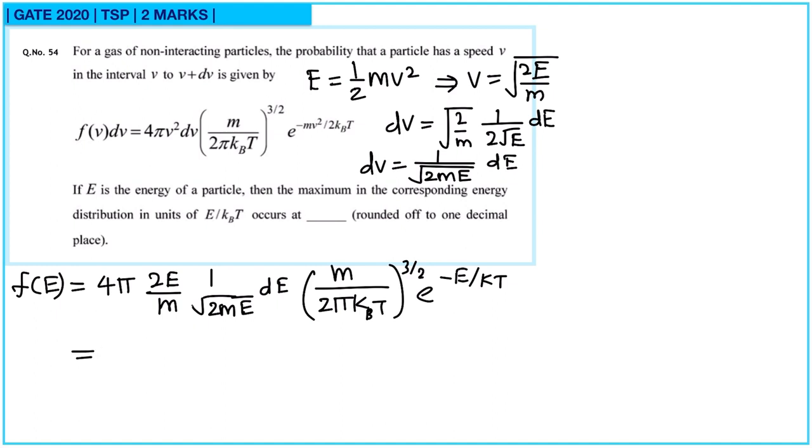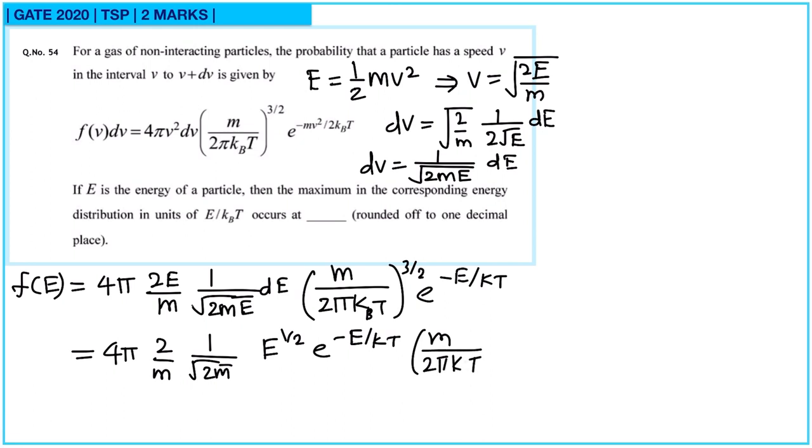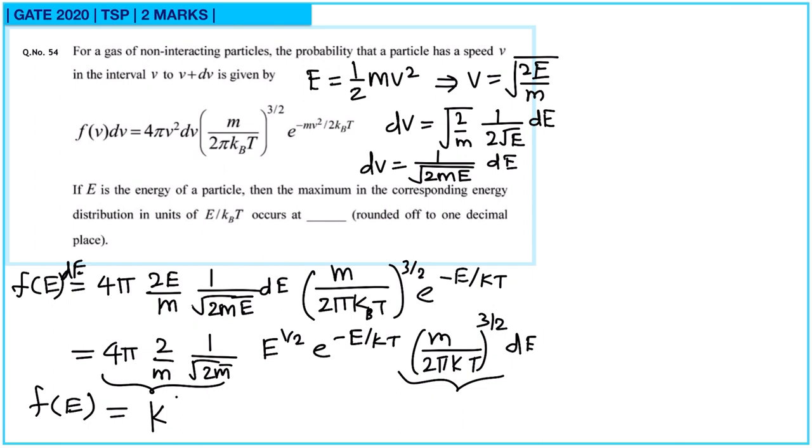So this is equal to, these things are constant, 4 pi is constant, 2 by m and all these things are constant. So 4 pi into 2 by m upon under root 2m. So E upon root of E, so this will be E raised to 1 by 2. Then this thing is constant, e raised to minus E by kT, and we have constant m upon 2 pi kT raised to 3 by 2 into dE. So here we have dE as well. So from here f of E is equal to some constant k, this portion we are taking as constant k, into E raised to 1 by 2 e raised to minus E by kT,